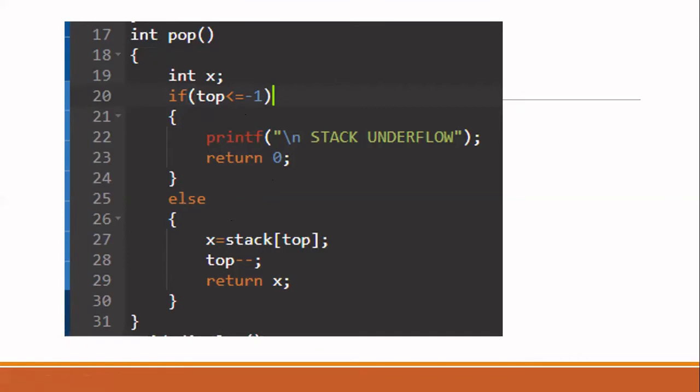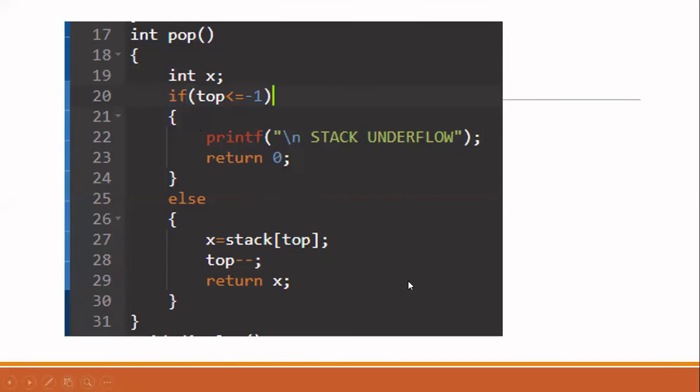So you have some element in the stack, so you have to remove it. In pop, remember, first you remove the element, after that you decrement the top. So how to remove the element? The element is available in stack of top. That I am storing in a variable called x. This x is declared as an integer variable. After that, I am decrementing the top. So now the top will be pointing to the next element that can be removed. Then you can return x to the user. So now this is a pop operation. In both the cases, we are returning an integer value, so I am writing the return type as int.